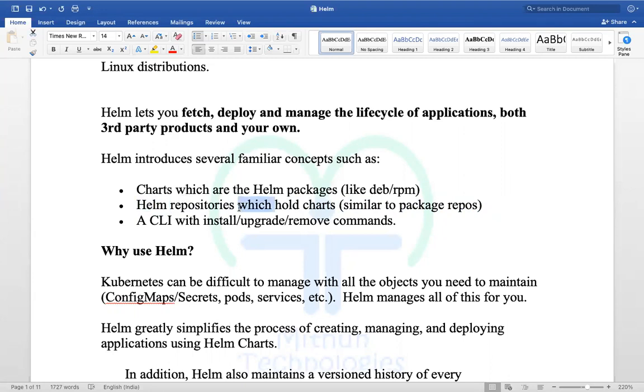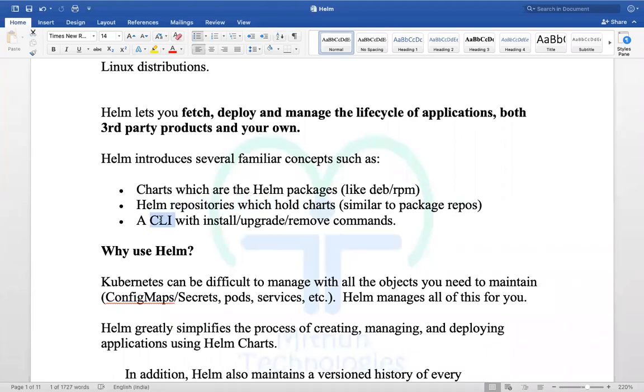If we maintain the Helm charts in repositories, whoever wants to pull and deploy can pull those Helm charts and deploy the applications in a Kubernetes cluster.